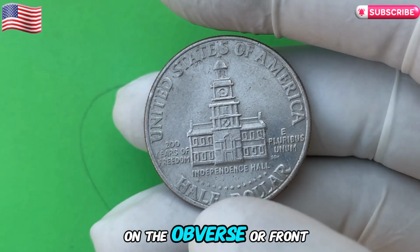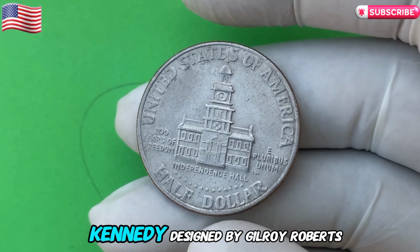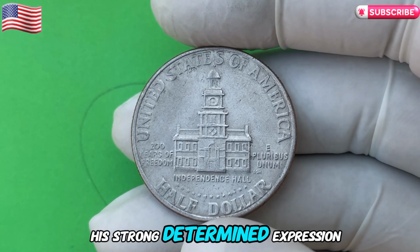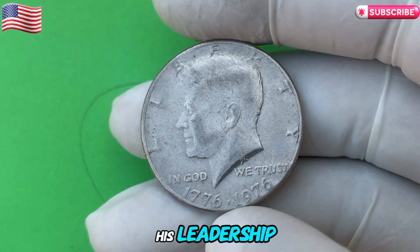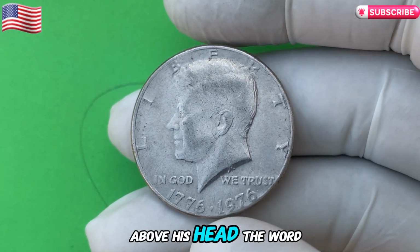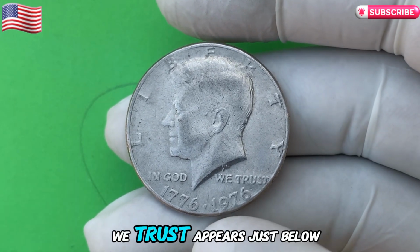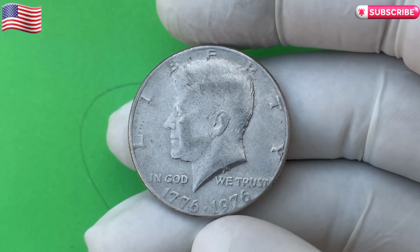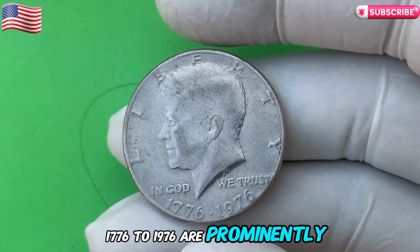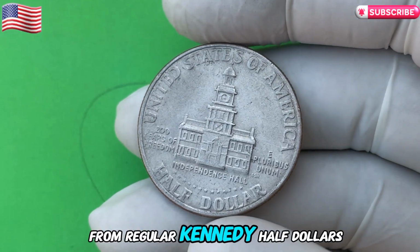On the obverse, or front side, you'll find the iconic profile of John F. Kennedy, designed by Gilroy Roberts. His strong, determined expression serves as a reminder of his leadership and the impact he had on the country. Above his head, the word "Liberty" is inscribed, while the motto, "In God We Trust," appears just below. The years 1776 to 1976 are prominently displayed at the bottom, distinguishing this special edition from regular Kennedy half dollars,